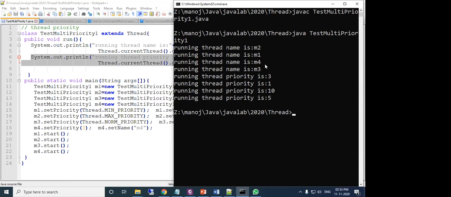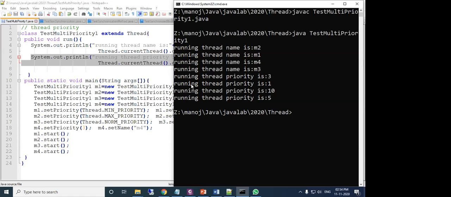Then M4 is your 3. Then M3 is your 5. So here M1 is 1, M2 is 10, M3 is 5, M4 is set to 3.